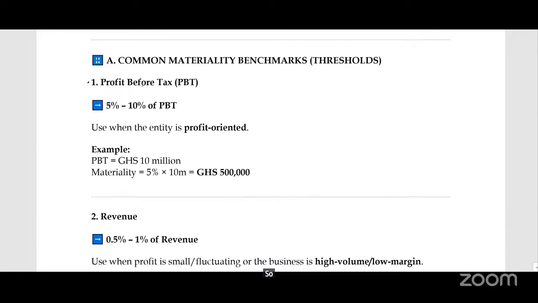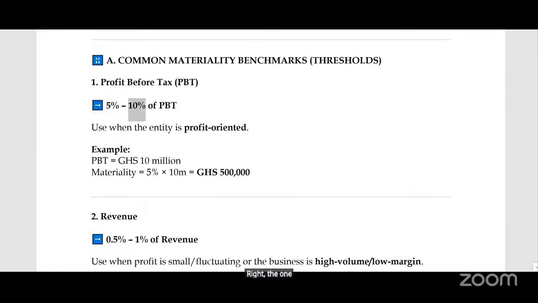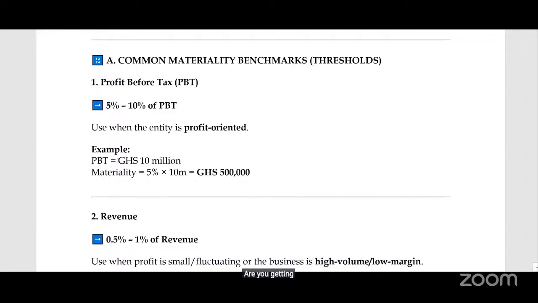So usually profit before tax is between 5 to 10%. For materiality, just use the one at the other side, because this is the threshold from lowest to highest. Always use the highest. So if you see 5 to 10%, are you getting it? When the entity is profit oriented, for instance, if it's 10 million, you can take 5% of 10 million